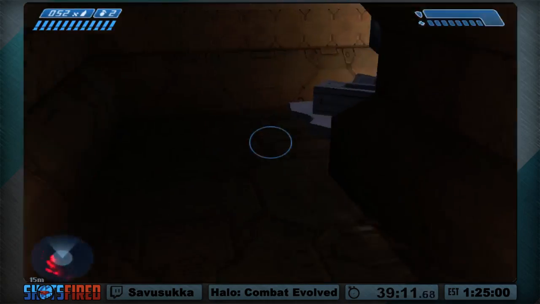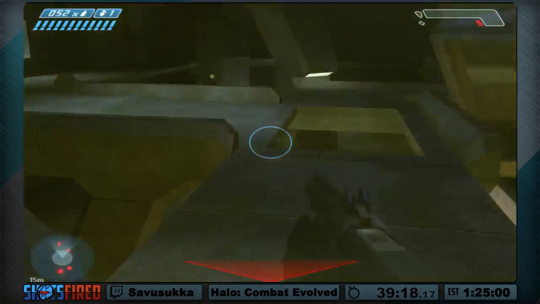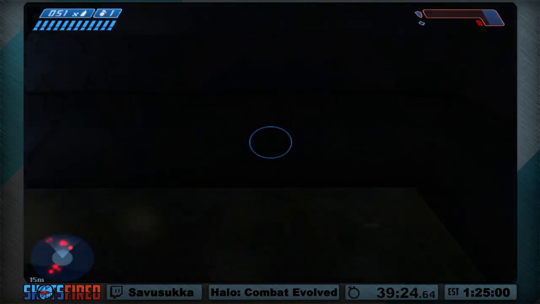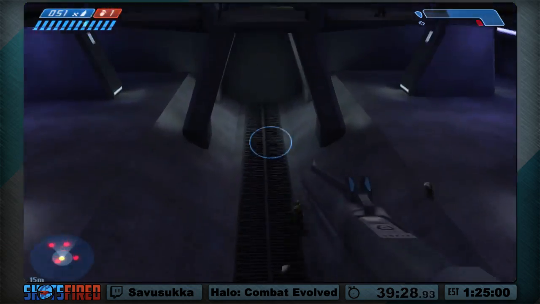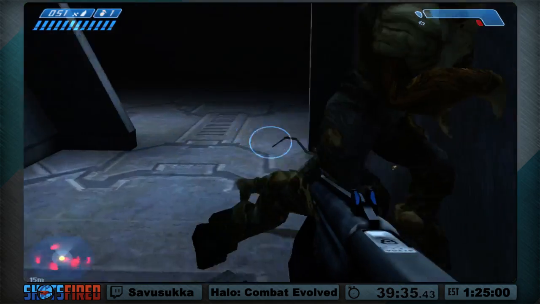First mistake in a run so far, I think. Yeah, that's the first actually missed trick in the run, I think. Or I guess I missed stick stack earlier, but that wasn't a total failure. So yeah, a small grenade jump there saves like 5 seconds or so. And then we are nearing the end